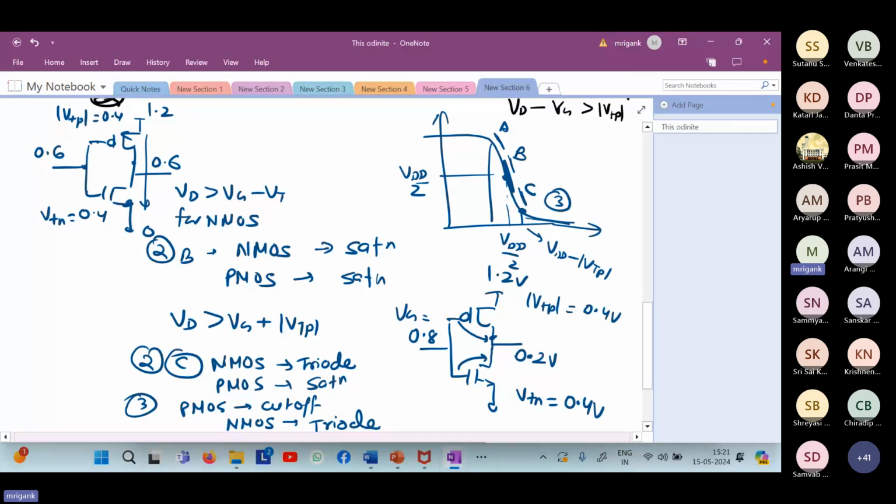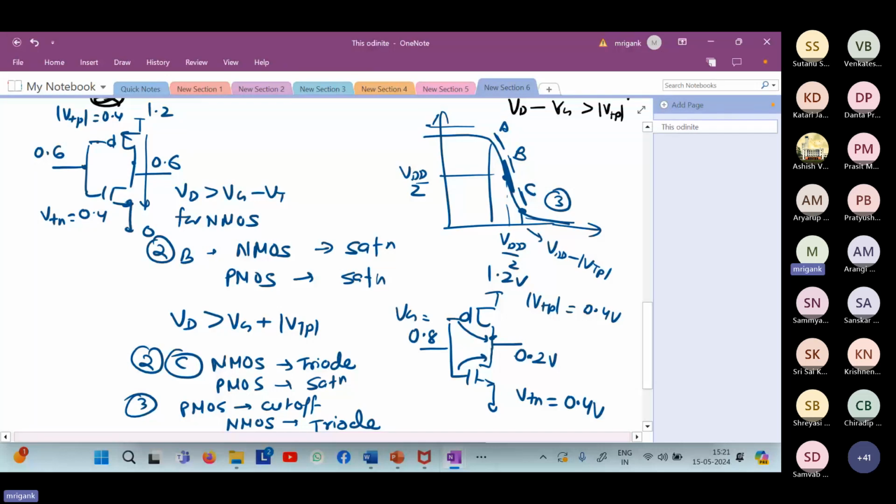And what we see is, if you plot the DC current, you will get maximum DC current in the central region. At the lower side, the NMOS is off. At the higher side, PMOS is off. But in the central region, both are on. Therefore, you are going to get the maximum current around the middle region. So in this circuit, the maximum static power, meaning the direct DC current flowing between VDD and ground, will happen between these three points, A, B, C, and it will be peaking around the B point.